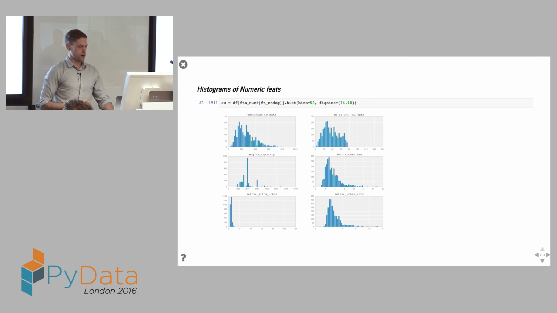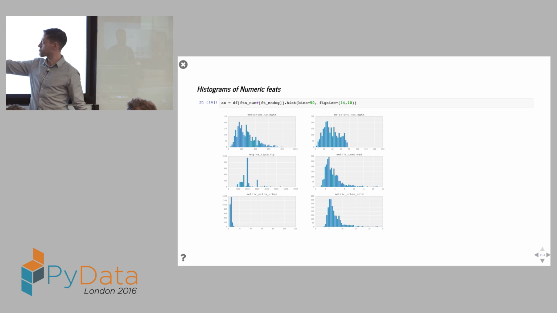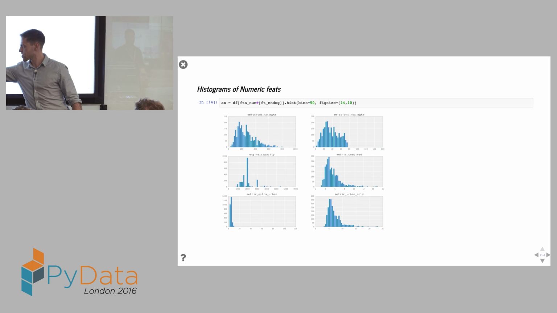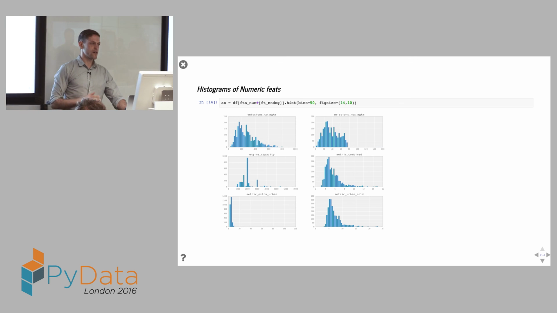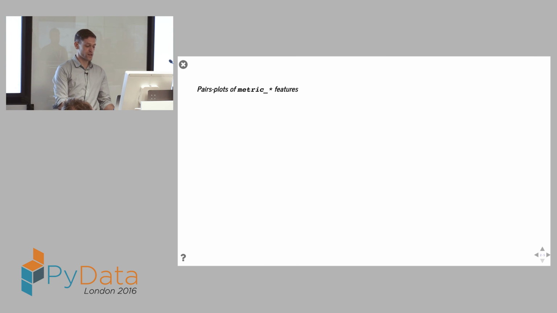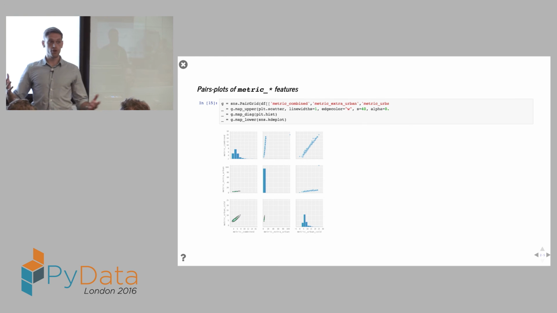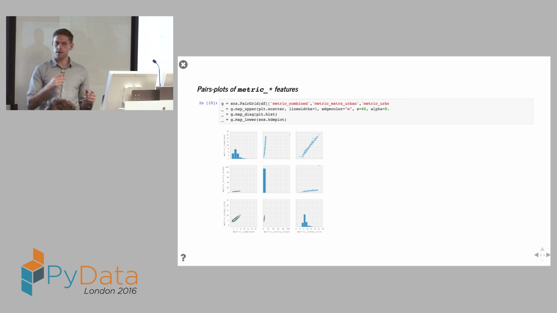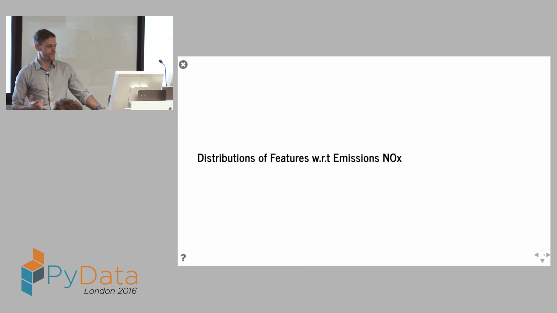So, numeric features, they look broadly okay. This is the thing I'm going to try to predict. It's not pathological. There's a few outliers, and we're going to get rid of those. Engine capacity seems a little bit grouped. Perhaps worry about that. The point of me showing you this is to show that the data is not perfect. It's real, and it's a mess, and there's real problems. Some of these features that I could choose from, the metric combined, are highly correlated. So I'll perhaps try to choose just one or two of those. And in the repo, I think I go through a constrained lasso regression to try to drop out these features.